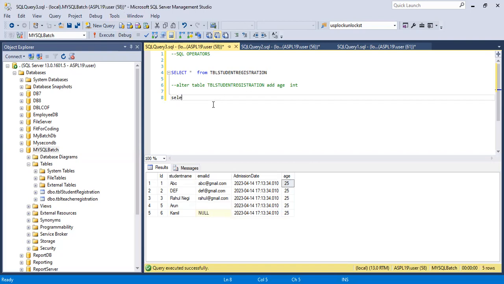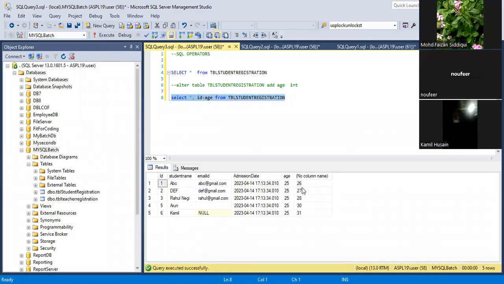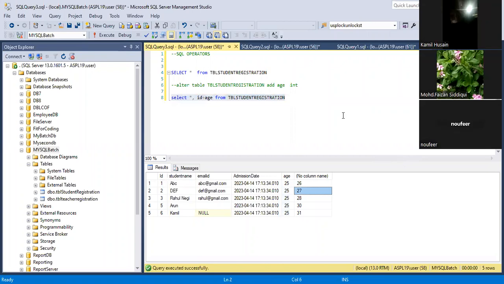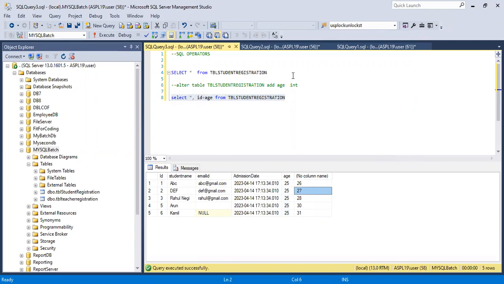So, for example, the addition operator is the same as what we use normally. For example, if I want to add, select ID plus age, because both are integer values, from TBL registration, select star and ID plus age. Then we can check the plus operator. It is showing here 26, 27, right? So it is used for adding. If you want to make another column,